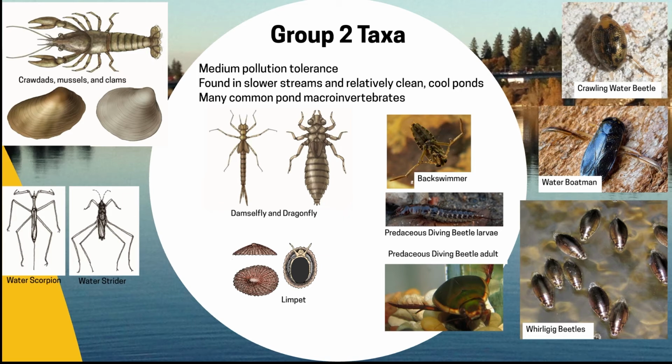Aquatic sow bugs are closely related to terrestrial sow bugs, which we often call roly-polies. Scuds are like tiny freshwater shrimp and swim along on their side. There are a few freshwater shrimp, but most of these were introduced as natural fish food, and many have disrupted some lake ecosystems. Finally, crayfish, also known as crawdads and crawfish, and sometimes mud bugs, are common in many streams